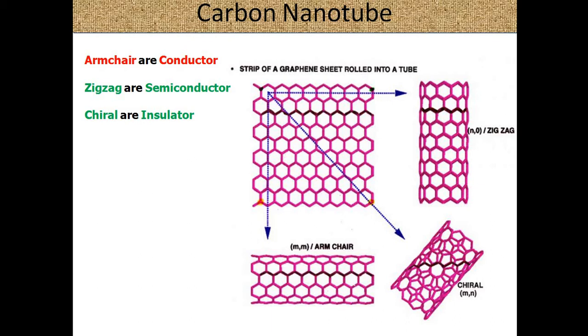And please note, this is a very good conductor, like a superconductor. So these are very good conductors, having very high conductivity. Also these are very good semiconductors. So it has a vast number of applications in the semiconducting industry, or you can say the electronic industry. Then these are the insulators also. So depending upon the direction of rolling, the carbon nanotubes form different types like armchair, zigzag and chiral, which have different properties.